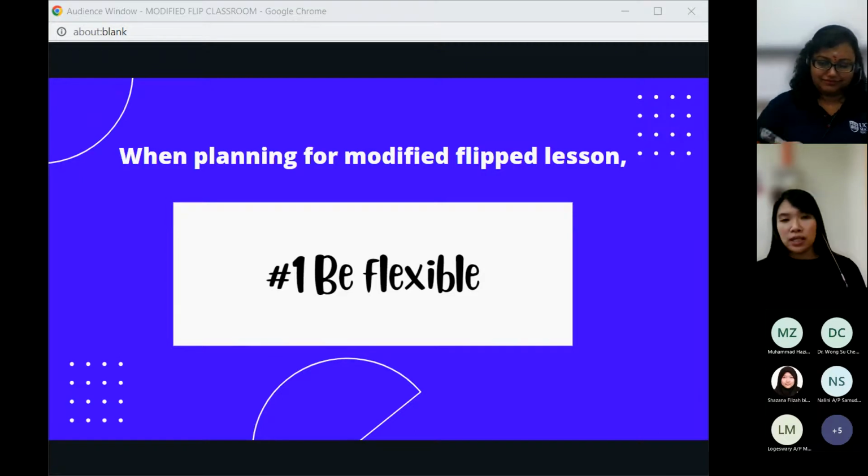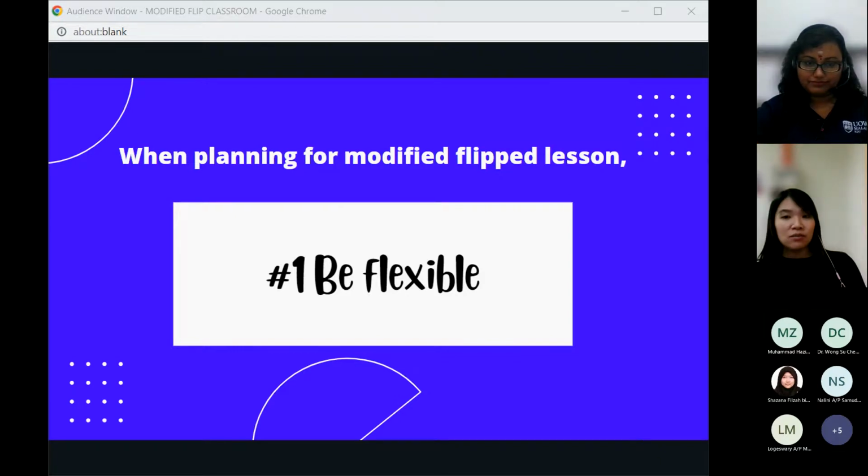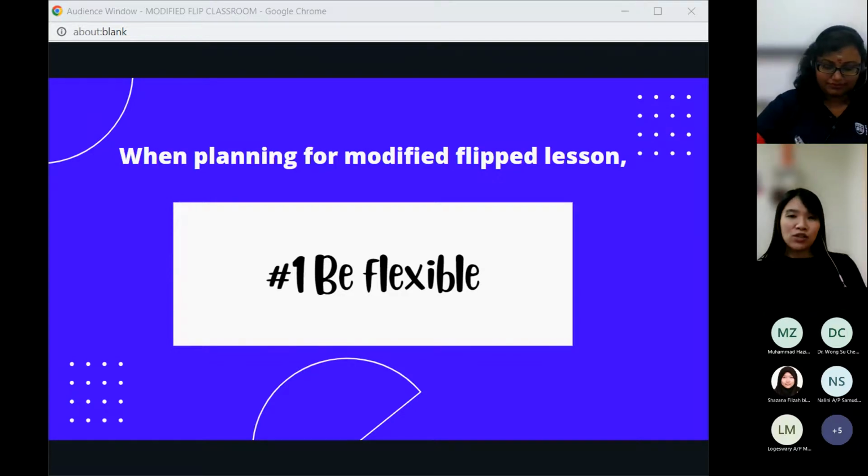For example, you can ask them to post Insta stories, gather responses, and then maybe TikTok videos, that kind of thing. They will be more interested because it's something more suited to their age.